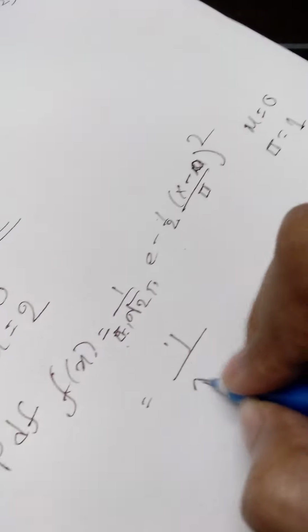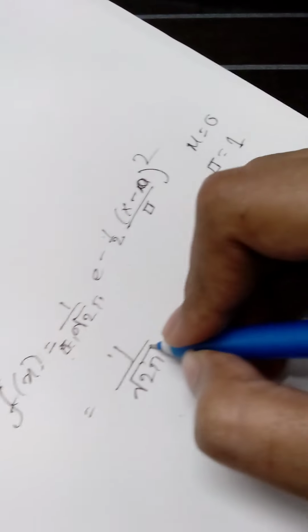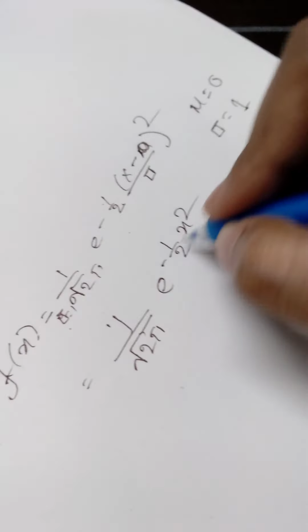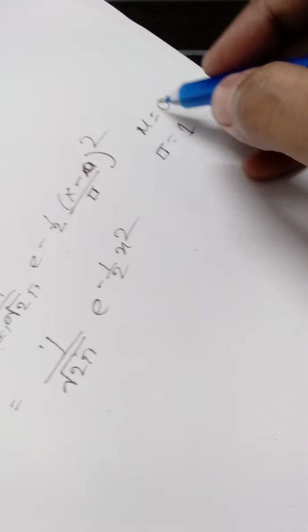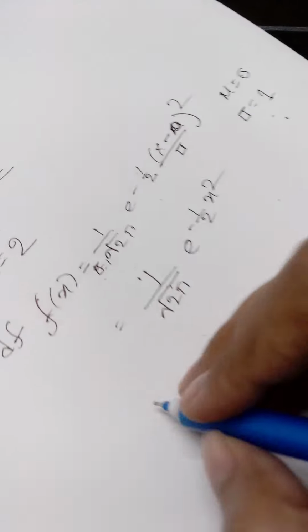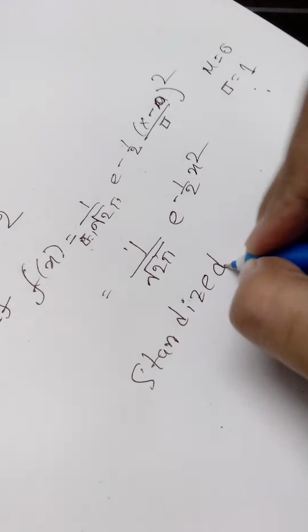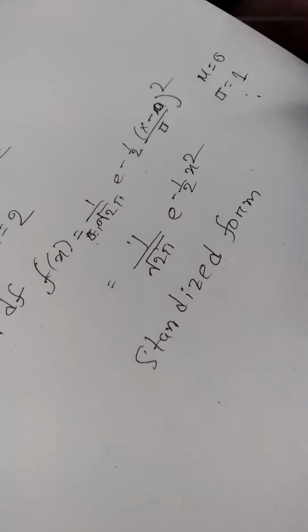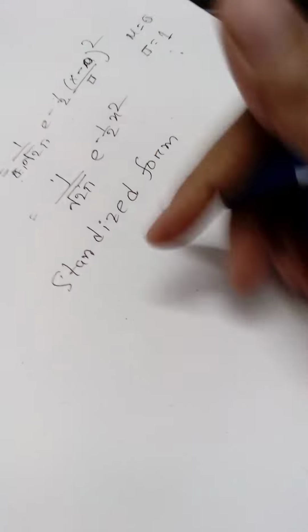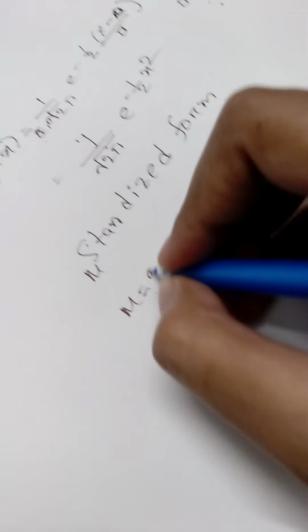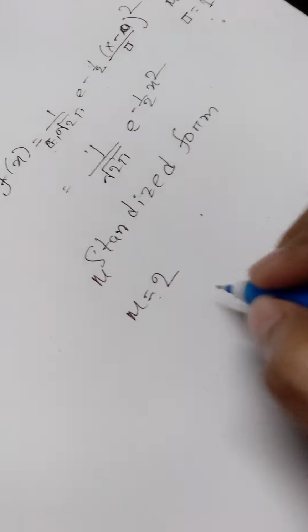So the standardized normal PDF will be e to the power minus half x square, with mu equal to 0 and sigma equal to 1. This is the standardized form. And when we add a location model, with mean mu equal to 2,